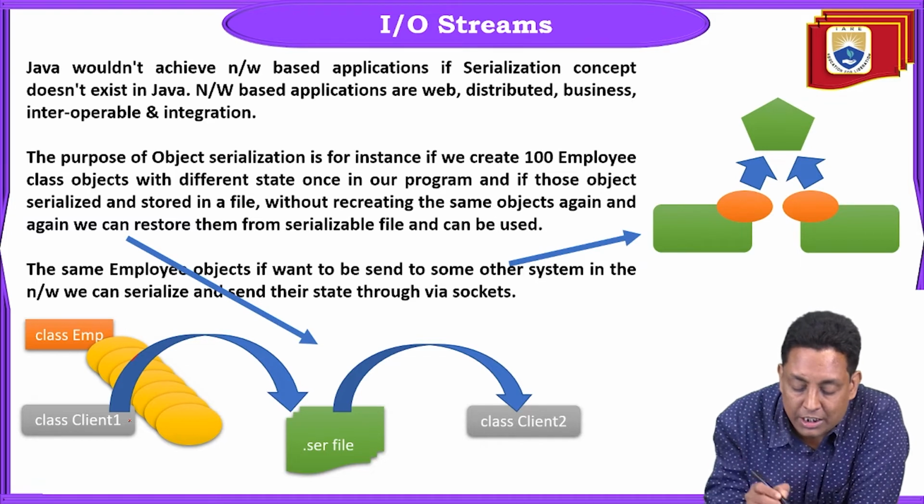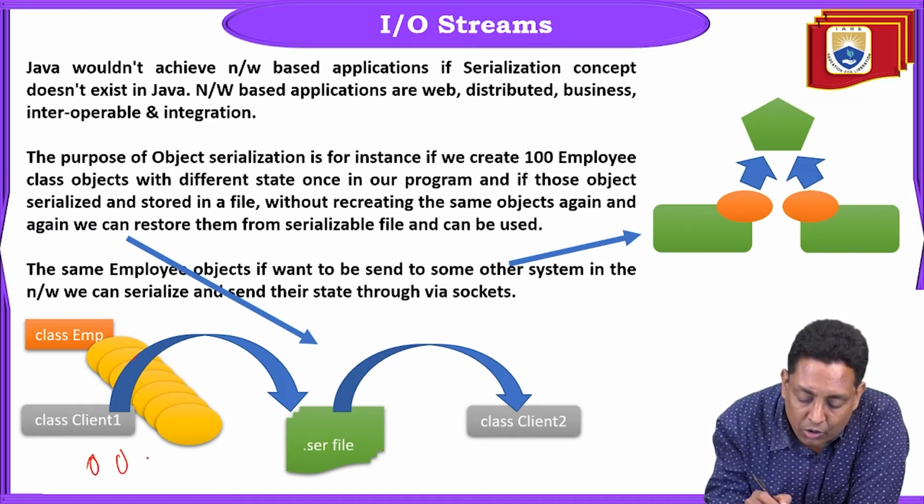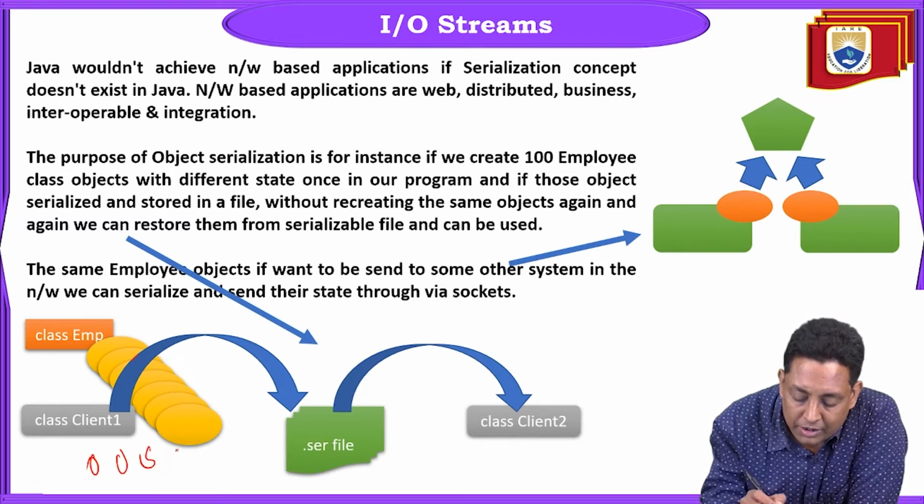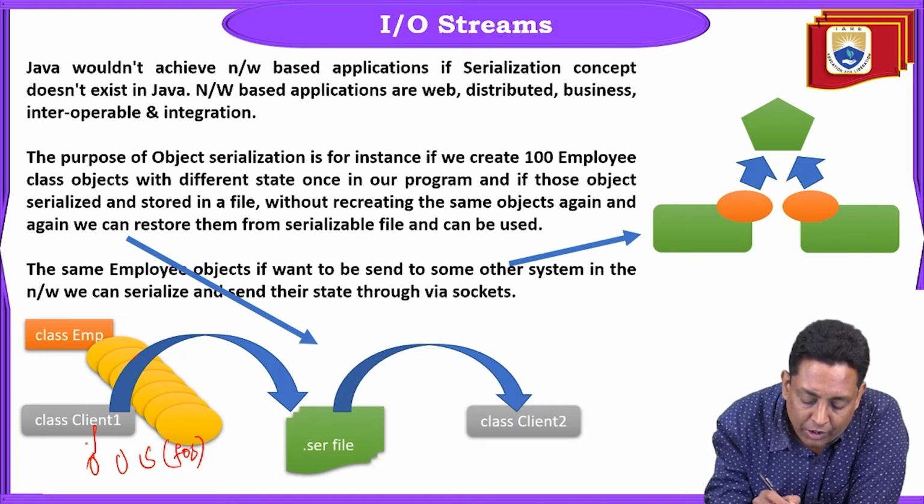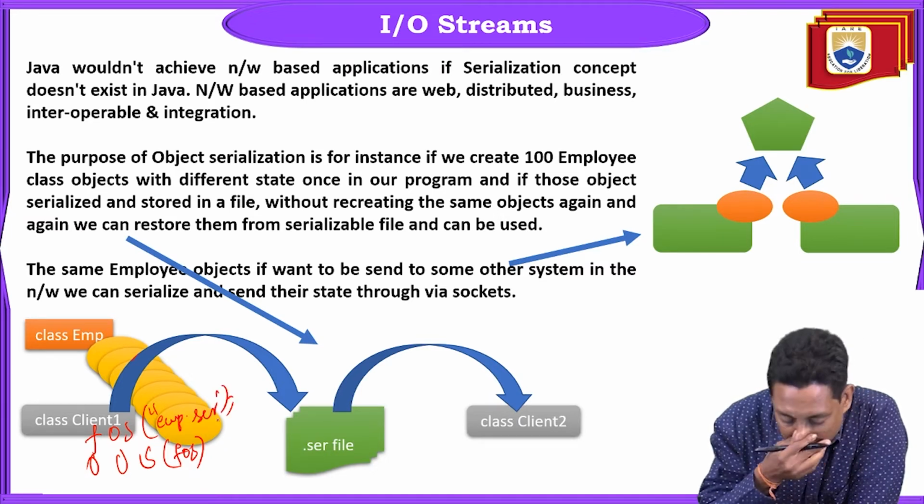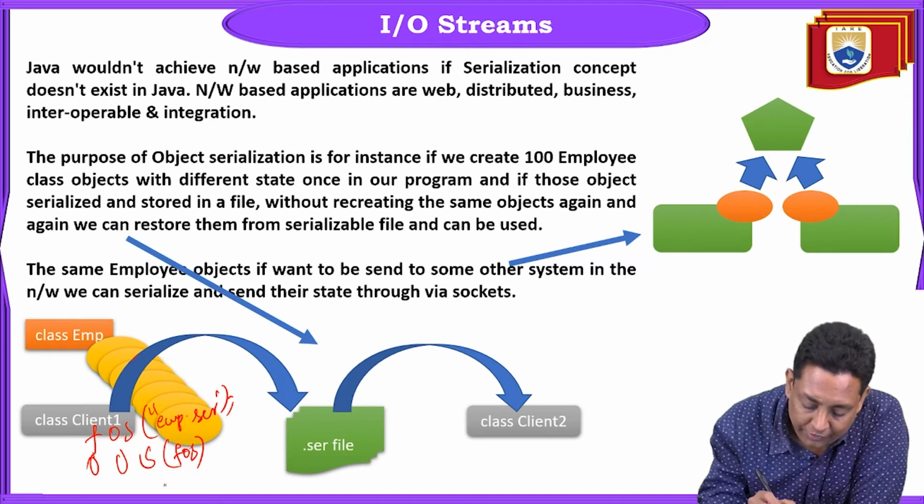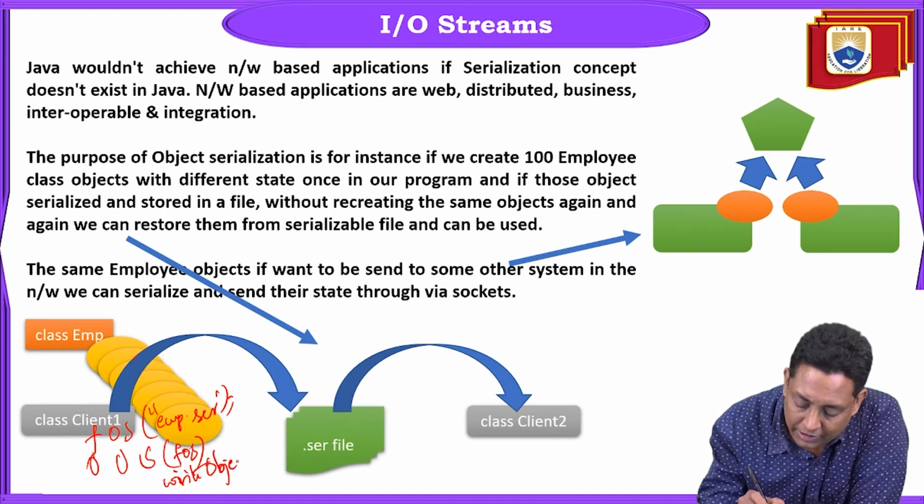In Java IO streams, there is one class called ObjectOutputStream. This ObjectOutputStream must be pointing to a FileOutputStream. The FileOutputStream object must be pointing to some file name called employee.serializable file. The ObjectOutputStream class has one method called writeObject. In the writeObject method, you give each and every object, employee 1 object, employee 2 object, employee 3 object,